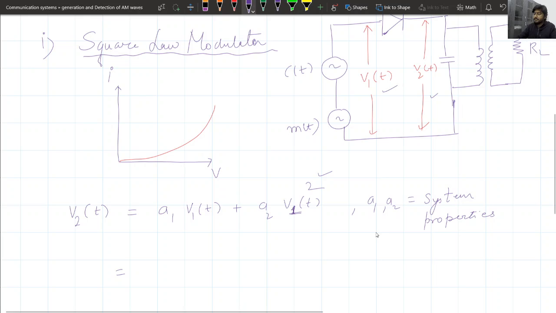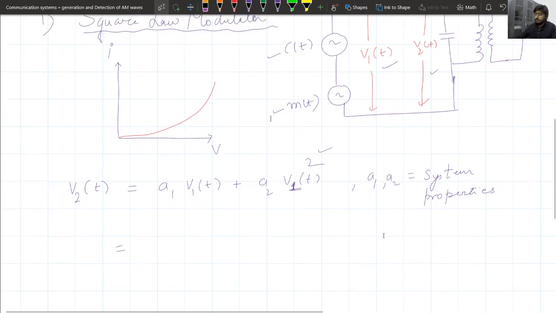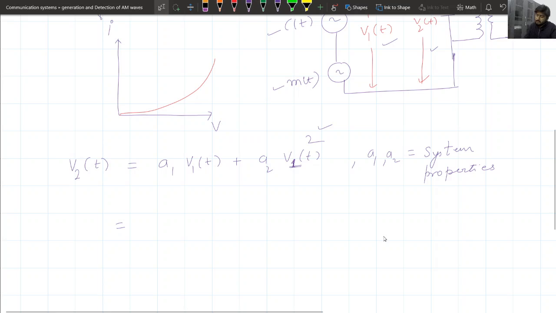And V1 is the addition of the carrier wave as well as the message signal. So let's say if we write V1(t) equals Ac' cos 2π fc t plus m(t), where fc is the carrier frequency, then